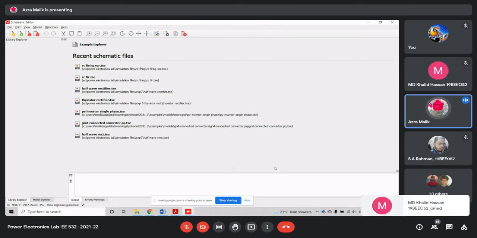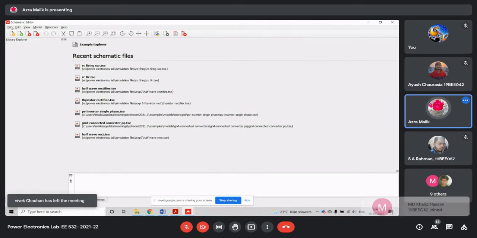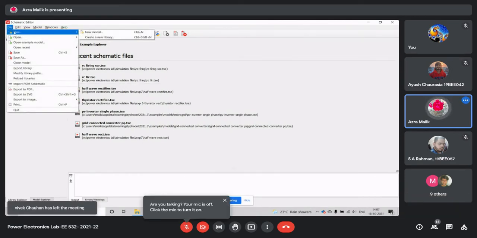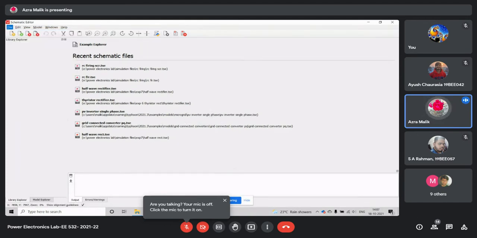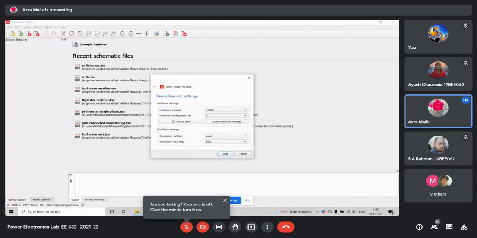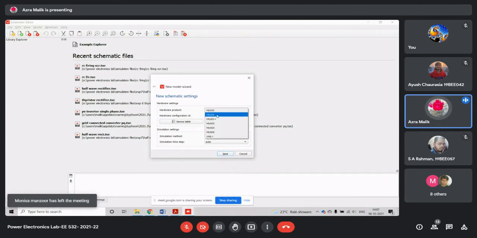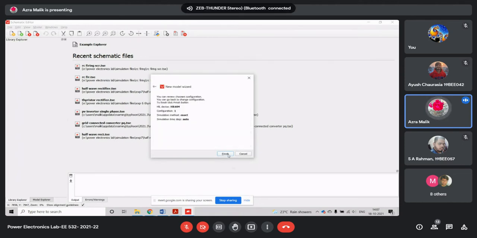After changing the key, go to File, New Model, and in HIL 402 there are some components missing, so you have to provide HIL 604. Once you provide HIL 604, the components which are not available in HIL 402 are there. So just click on next.